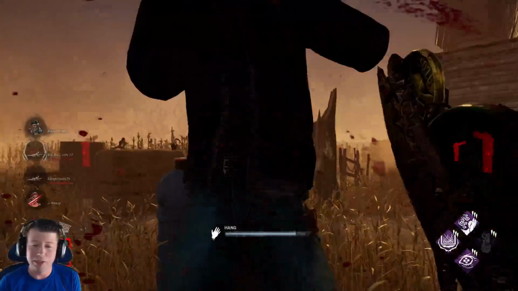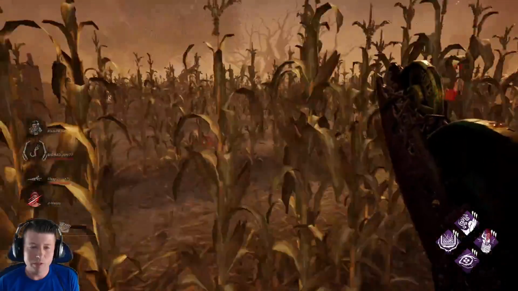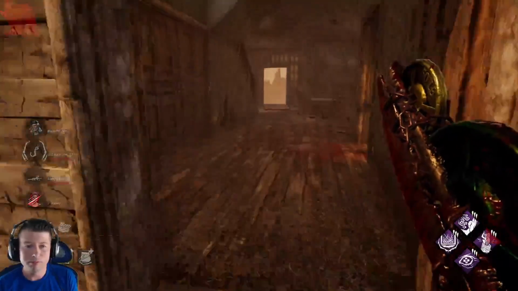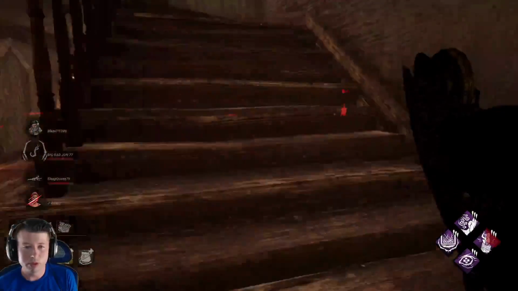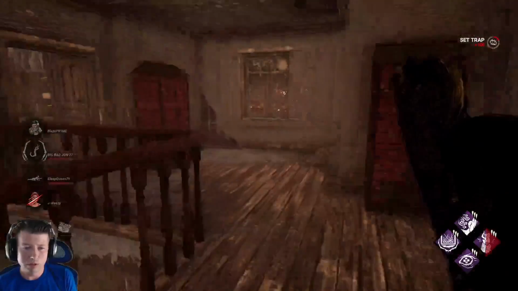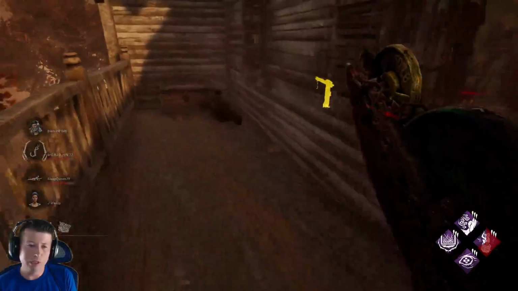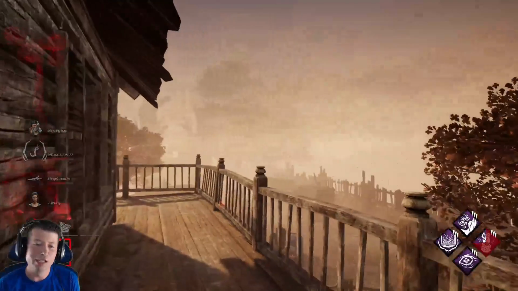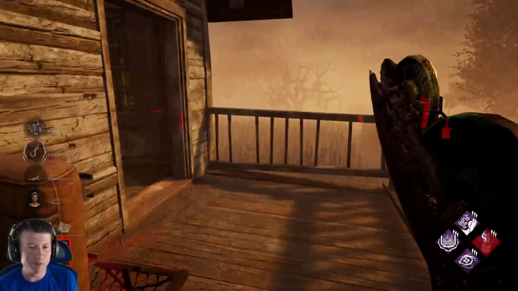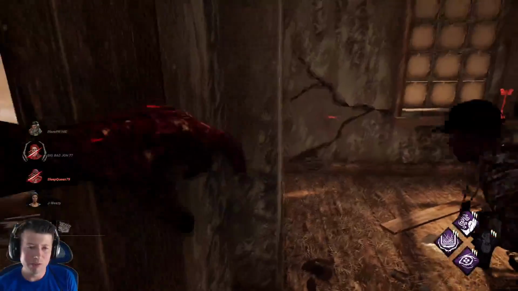So they're down to one generator. They have 2 people down though. We need some better traps. I don't know where this fella climbed to. Oh, he's right here. He knows. He knows. Well, I don't see a way to a hook, so I think we're just kind of screwed. Which hopefully...